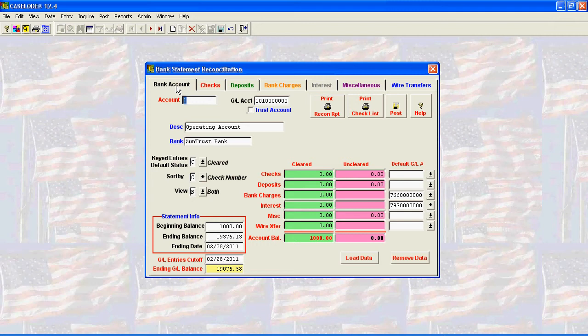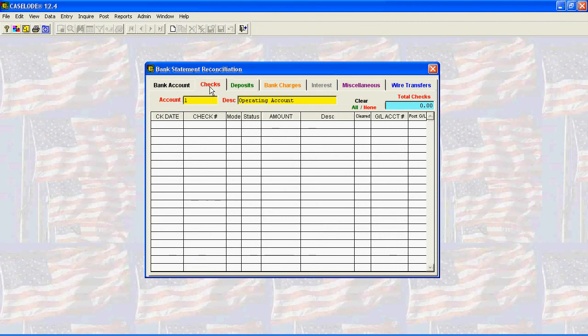One thing that you need to keep in mind as you are going through this process: if a transaction happens to show up in the bank statement that you do not see in your screens here, there could be several reasons. One could be that item has inadvertently already been cleared, or it could be that you just missed entering that item into CASELODE in the case of a manual check or something of that nature, in which case you can actually key it right in during your reconciliation process